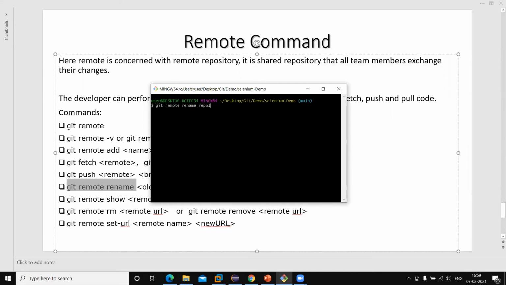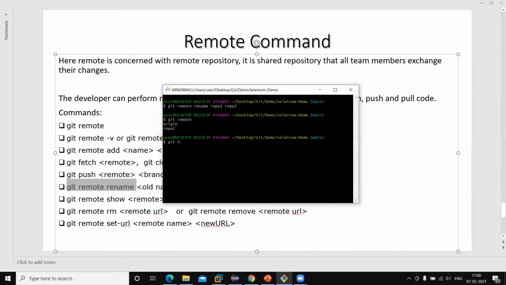Like I have repo1, now I want to rename this to repo2. Okay, so let me run git remote. You can see there is one origin and second is now repo2. Earlier this was repo1. So we can also rename the remote name with the help of the command git remote rename.